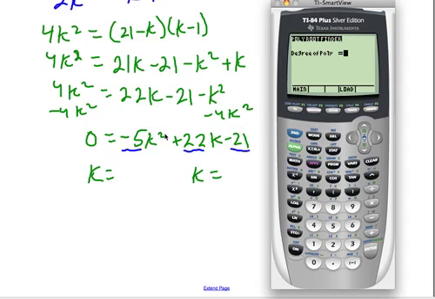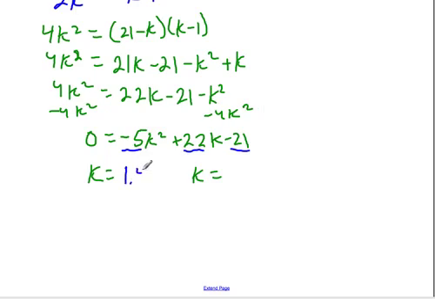And the degree of the polynomial is 2 because it's k squared. And then we just put in these values here. So it's -5, enter, 22, and -21. And then click over here for solve. And we get our solutions are 1.4 and 3. So we have 1.4 and 3 are the